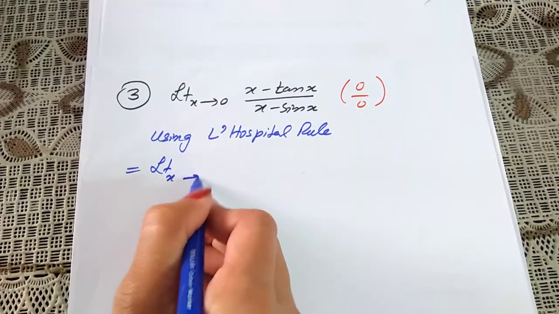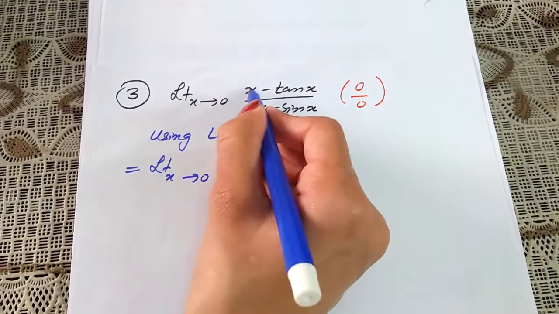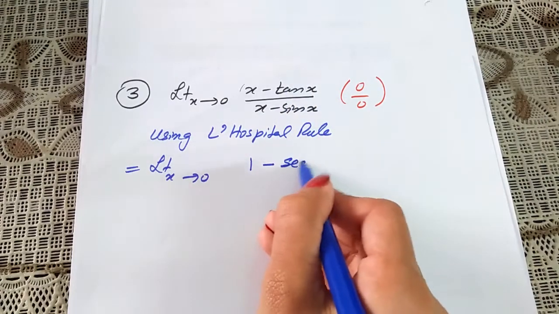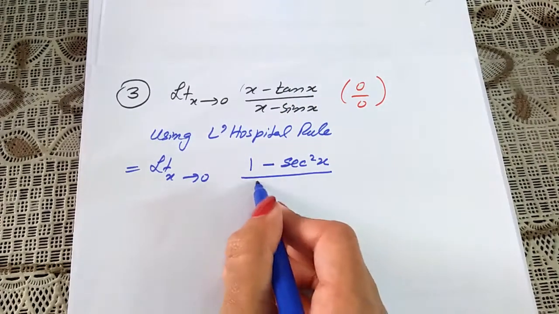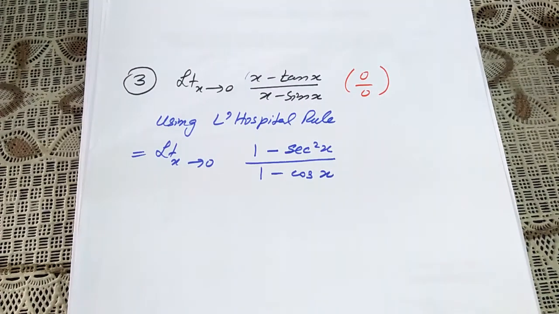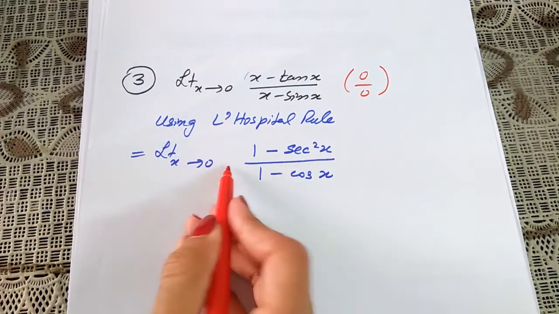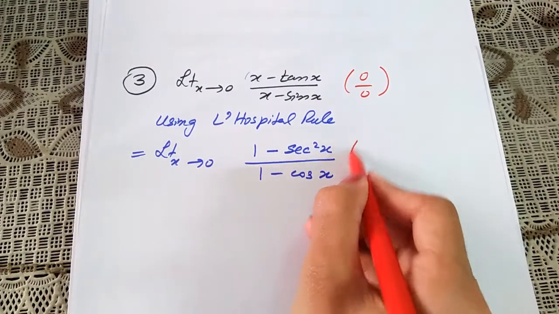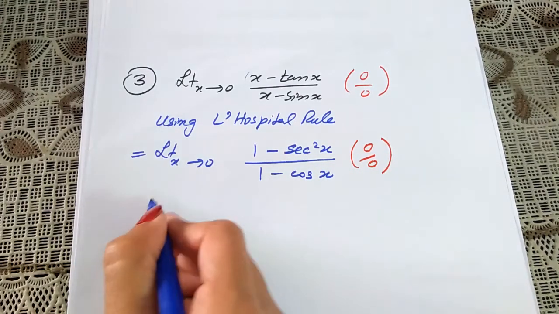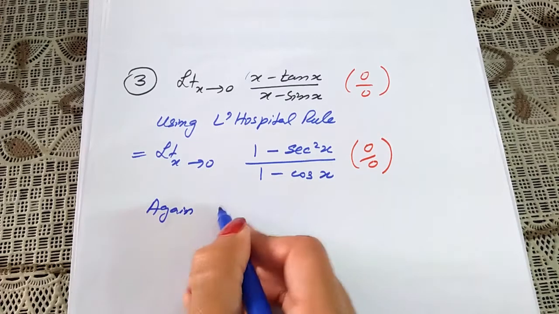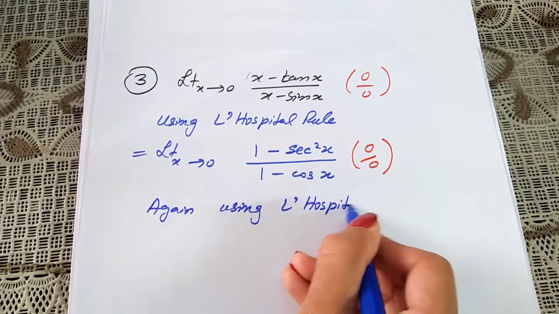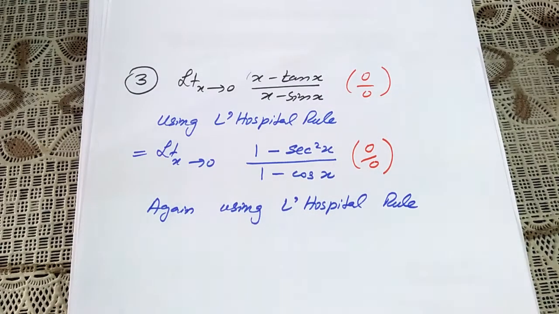Limit as it is. Take the derivative of numerator. Derivative of x will be 1 minus derivative of tan x is secant square of x divided by 1 minus cos of x. Again here, if we put the value x equals to 0 in this function or we apply the limit, we will again get the indeterminate form, that is 0 by 0. So again using L'Hopital rule, we will get